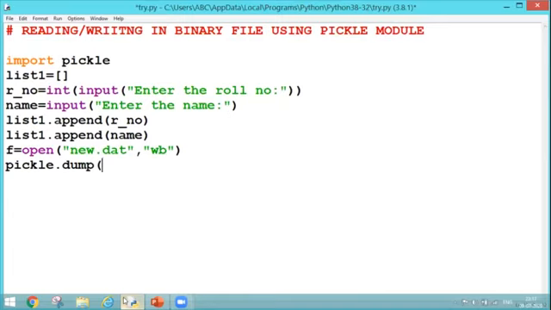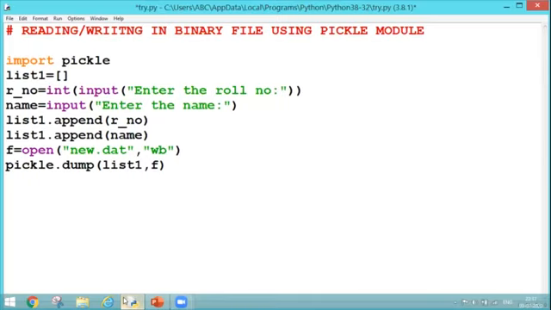And my dump module has two parameters. First, my object. Here, my list1 is an object. And what is my file object? F, through which I have opened my file. So by passing this statement, I have written my content into the file.